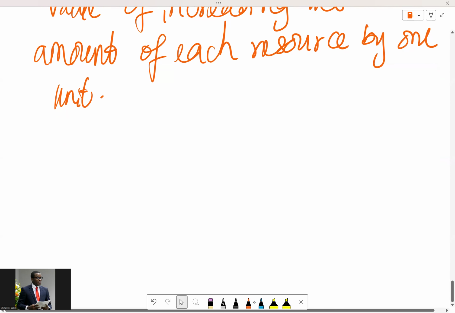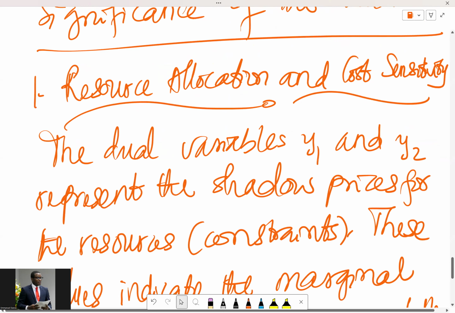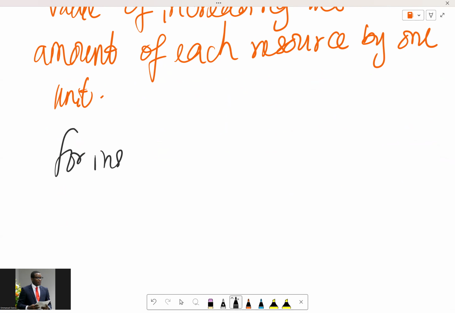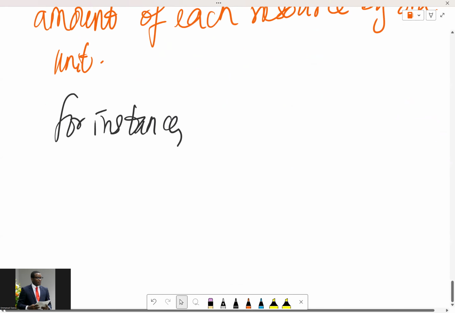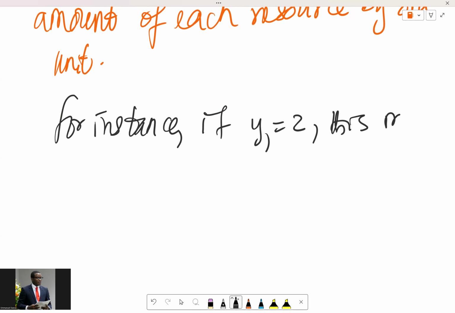But for now, let's talk about this. For instance, if y1 is equal to 2, okay? If you know that y1 belongs to the dual, if you solve the dual and you get y1 equals 2, this simply means, this is the meaning of marginal value or shadow price. So if y1 is equal to 2,